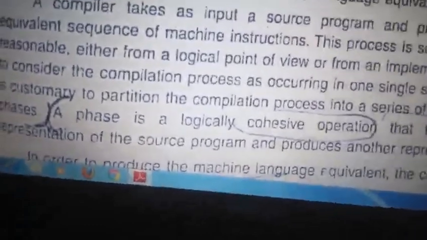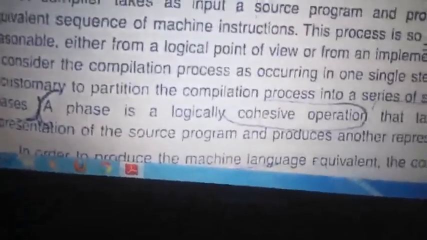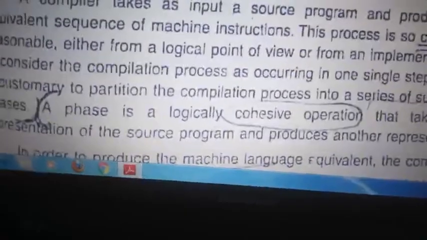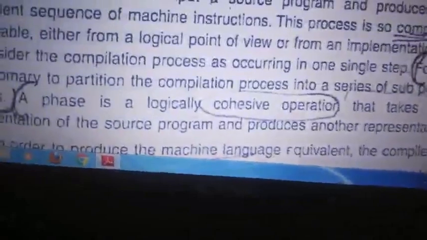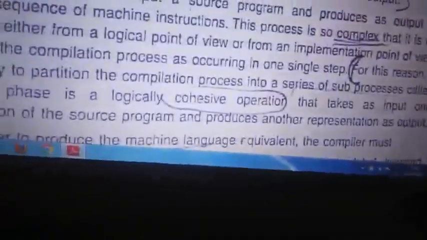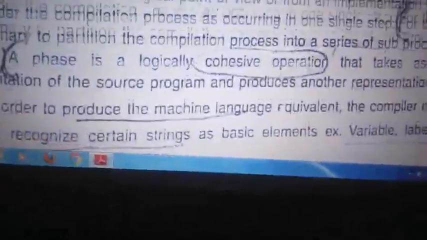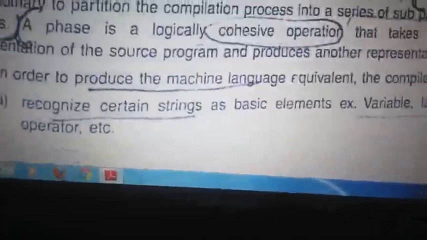Phase is nothing but a single series of operations, I can tell, or a logical cohesion of operations that takes one input of one representation and produces another representation as output. Clear? So to understand how the compiler must work at the machine level, first the compiler should recognize